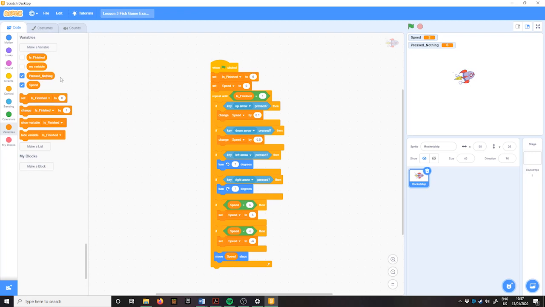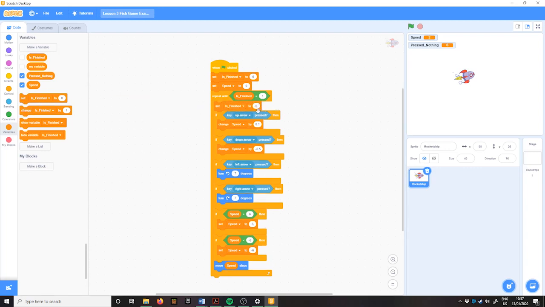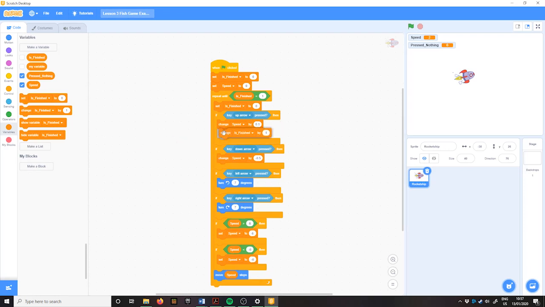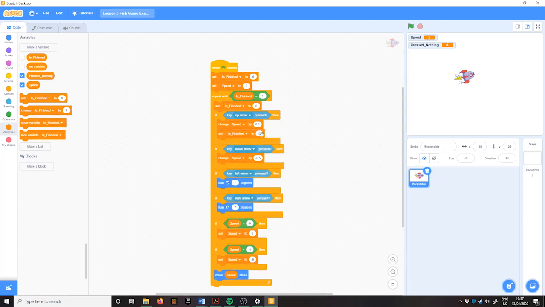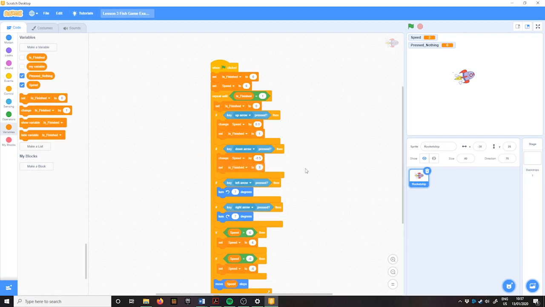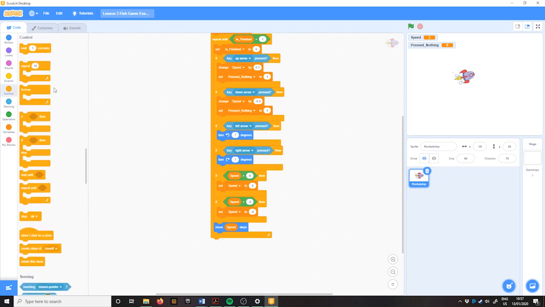Okay, and we're going to change it. Well, at the beginning of this loop, we're going to set it to 0. And now we're going to change it to 1. Oh, not change it, set it to 1 if either one of these has been pressed. So if the up arrow is pressed, we set it to 1. If the down arrow is pressed, we set it to 1 to actually indicate that we've changed its speed somehow. Then I'm going to put an if statement at the end here